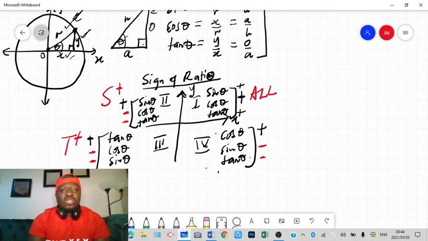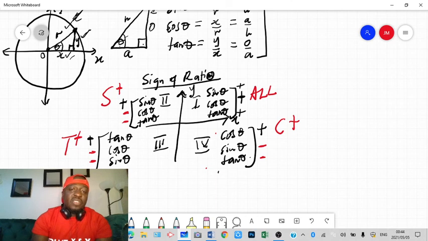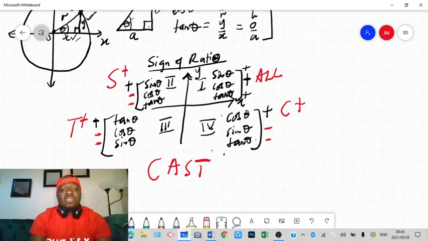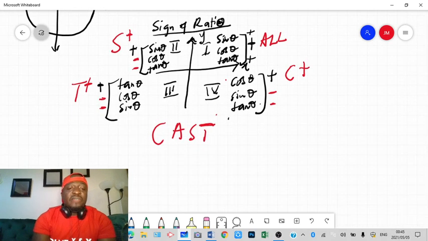You will need this when we come to the reduction formulas, how to reduce them to a single ratio. These signs are going to be important. So in shortcut, here you see C is positive. If you put these letters or the initials together, we can have something called CAST. CAST. You can easily remember the word CAST,